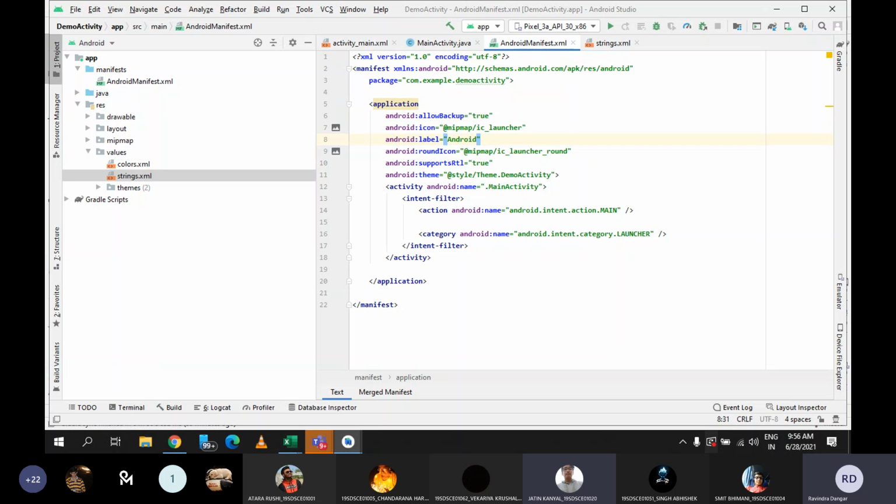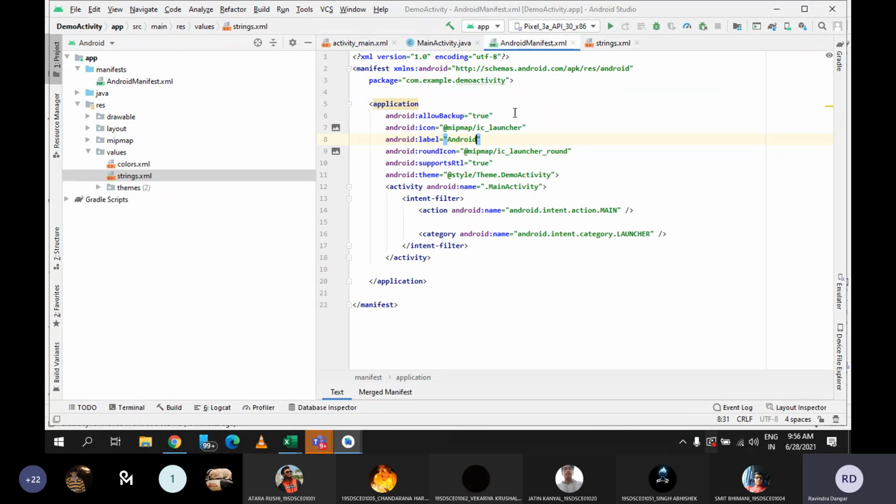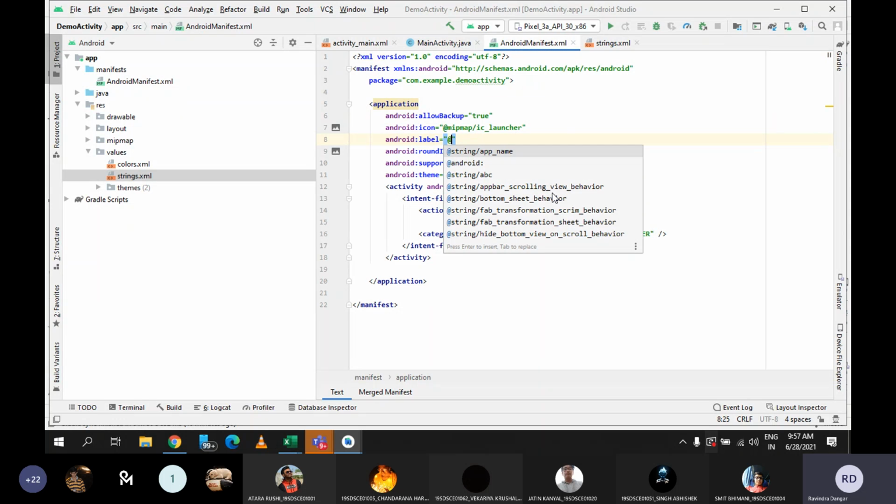Yes sir. And that is why you will have to use this file as much as you can, the string.xml file. So what does it mean? The text you need here, you store in it. See, the text "Welcome to Android programming", I stored in the variable ABC. So now my text is stored in ABC. So throughout my application, whenever I want "Welcome to Android programming" to be displayed, I can use this variable ABC. So here, for example, instead of "Android" I want to display that message, so I give its path: @string/ABC.